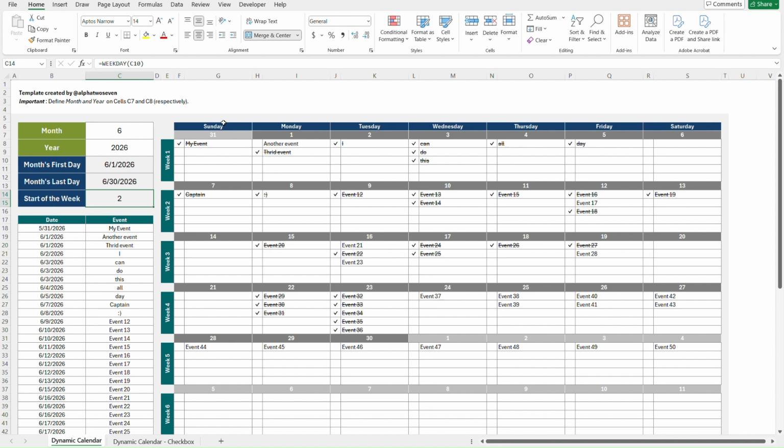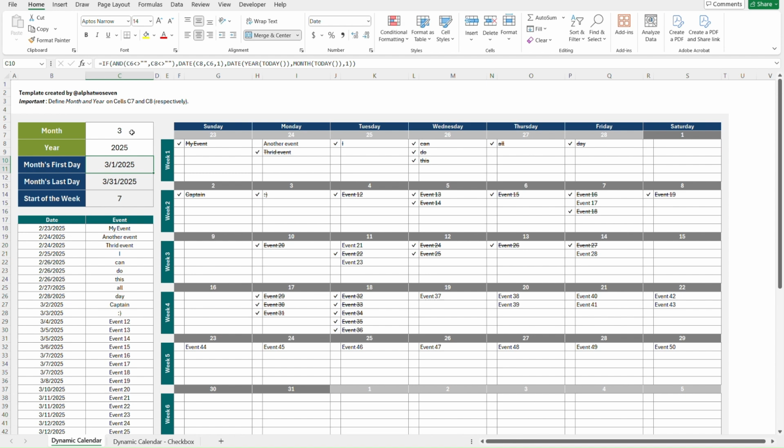Light gray colors, such as this one on the 31st, as well as on the second half of week 5 and all of week 6, will show when the days correspond to either the previous month or the next month, and you will have a total of 6 weeks to make sure that any month and year combination will always fit in this view. For example, if you set March of 2025,